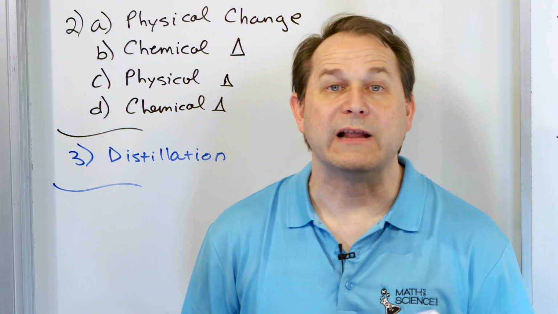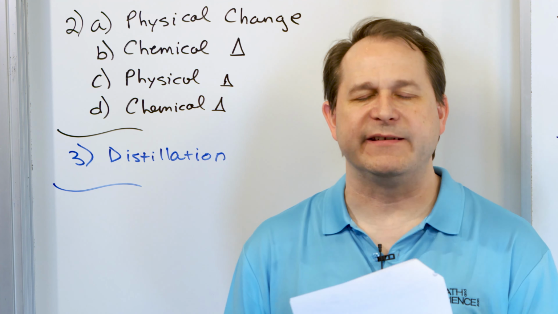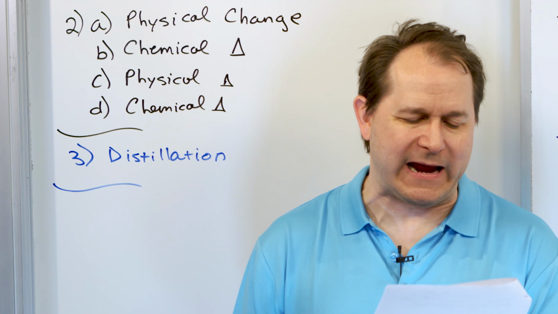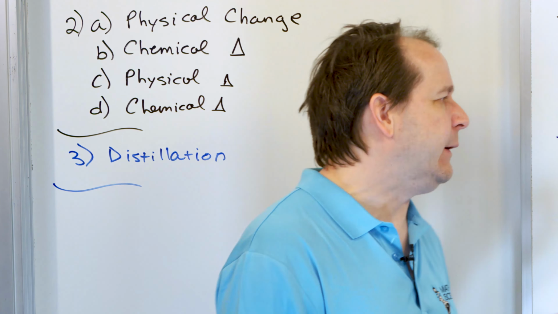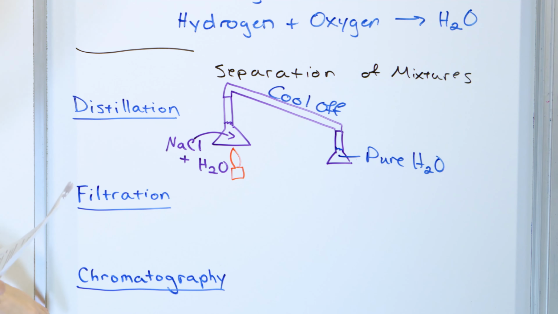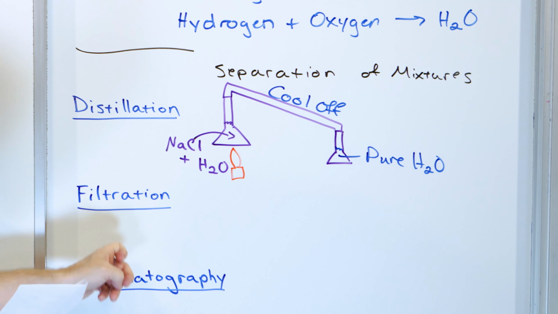And our last problem. Which separation technique does each of the scenarios describe? So here's part A, pouring boiling water and cooked pasta through a colander. So which separation technique, what I'm asking you, is when I separate pasta like that through a colander, am I using distillation, filtration, or chromatography? I'm not doing either of these, I'm using filtration.